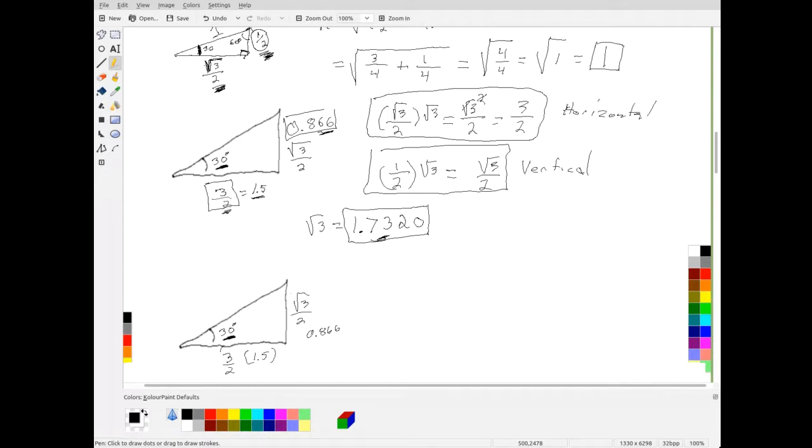But let's just do it in full. So the hypotenuse now is equal to 3/2 squared plus the square root of 3 divided by 2 squared,